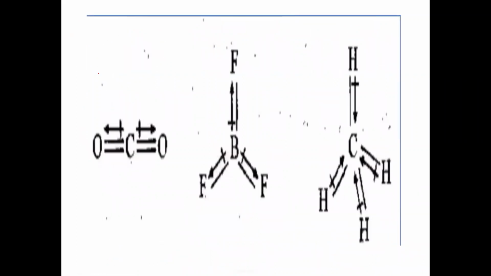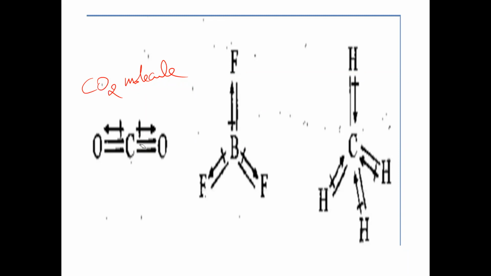The next one is the CO2 molecule, carbon dioxide. In this carbon dioxide, which has less electronegativity? Carbon. Whichever atom has less electronegativity will form the central atom, or whichever forms more number of bonds. The atom in the molecule which forms more bonds than the other atom will generally be the central atom. The less electronegative atom is the central atom. Carbon is less electronegative than oxygen, so C is the central atom.